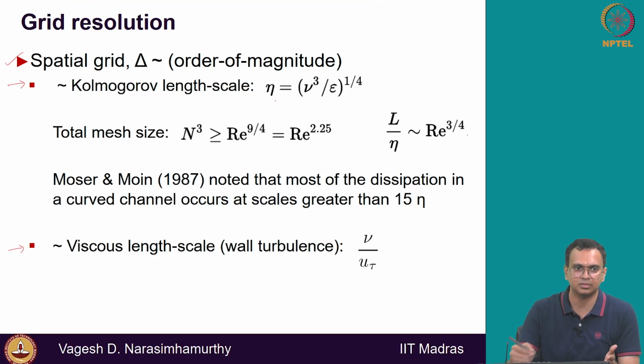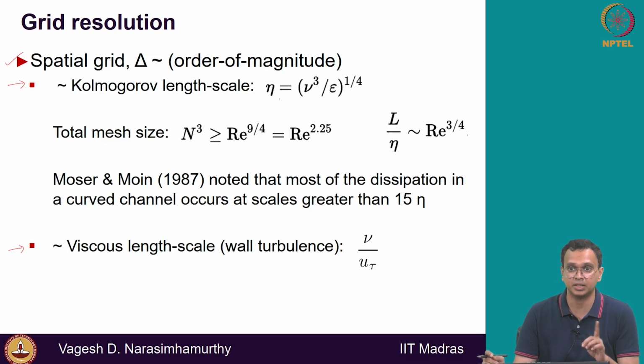Then you make a simulation. From the simulation data, you compute dissipation rate epsilon. Then you compute eta. And then again you look into the ratio of your grid delta by eta to see whether delta is smaller or equal to eta. So this is the direction you can go in when you do the calculation, and you can use the Kolmogorov